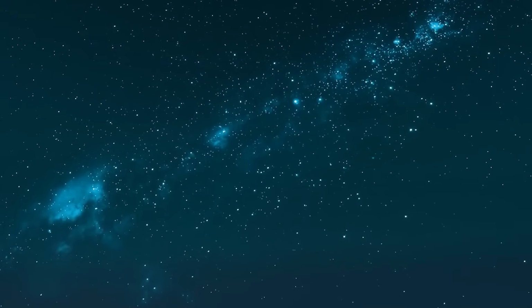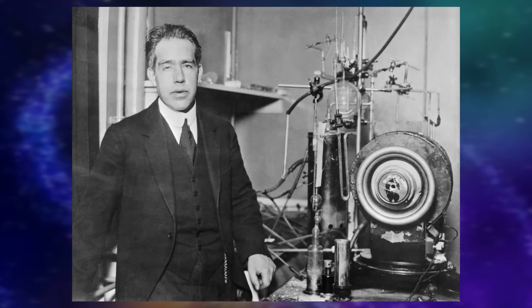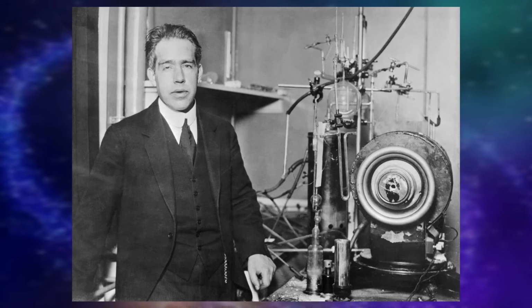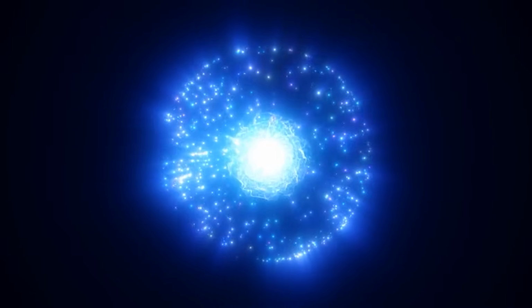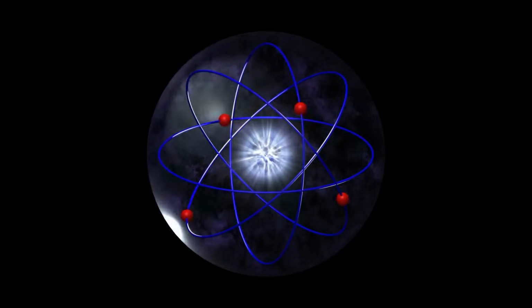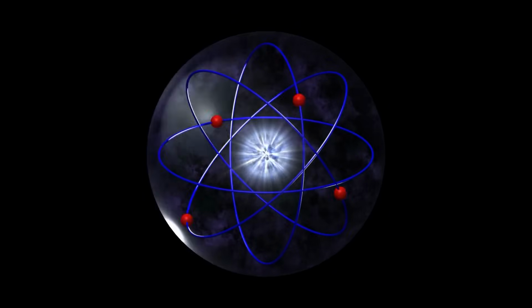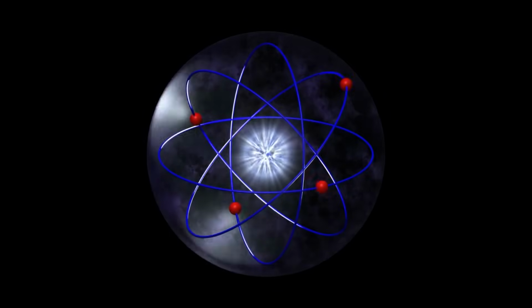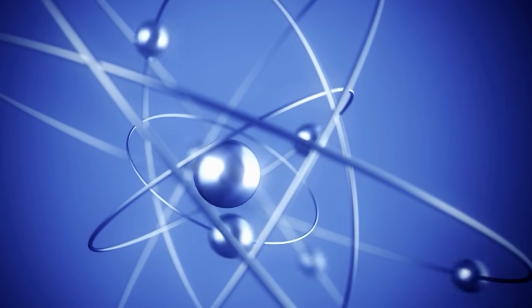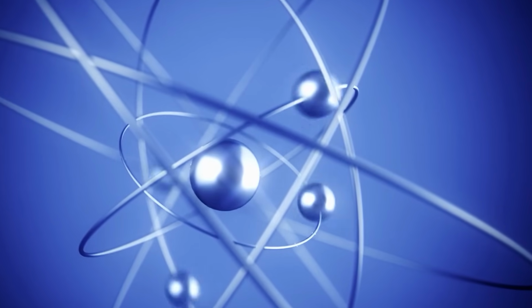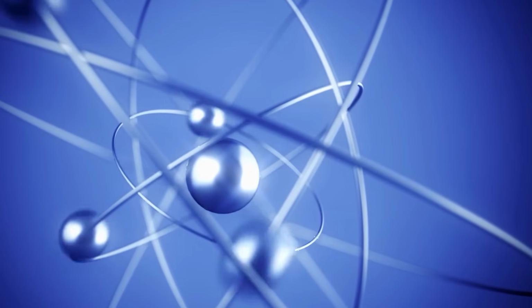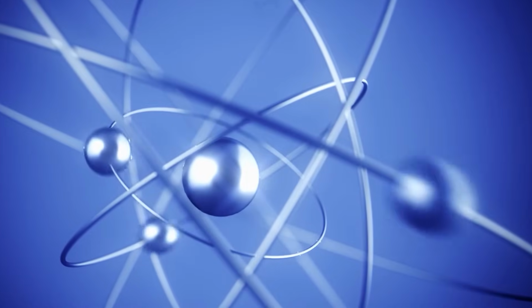One pivotal figure in resolving these dilemmas was Niels Bohr, a distinguished physicist from Denmark. In 1913, he introduced a revolutionary concept. Electrons are not randomly distributed, but instead occupy quantized orbits at specific distances from the nucleus. Bohr proposed that these distances represented energy levels, with electrons unable to exist closer than a minimum allowable distance from the nucleus. This groundbreaking idea laid the groundwork for a deeper understanding of atomic structure and resolved many perplexing questions